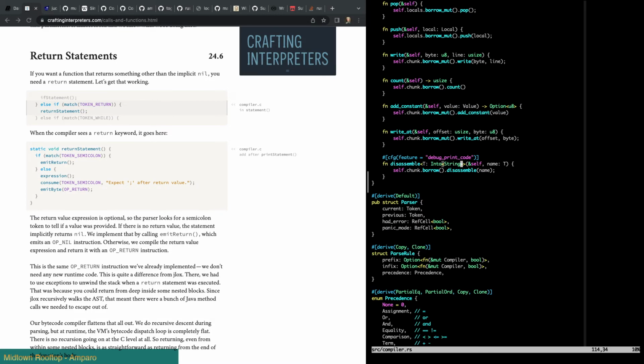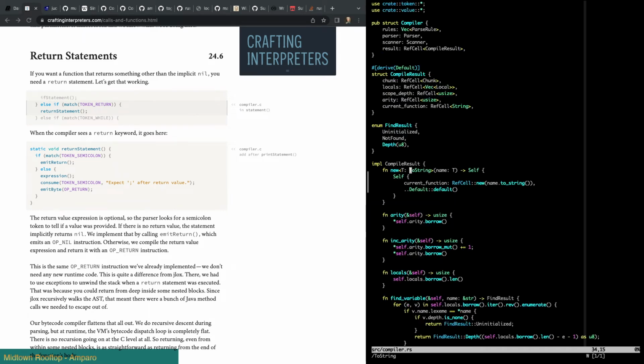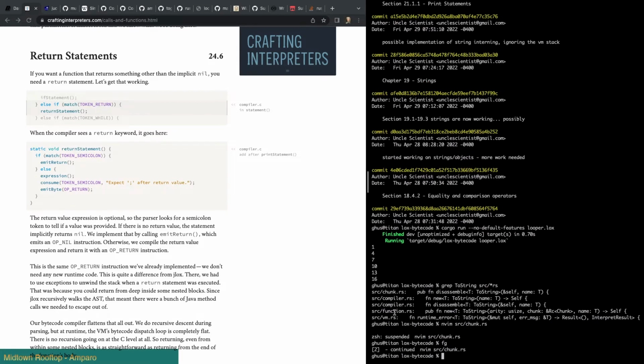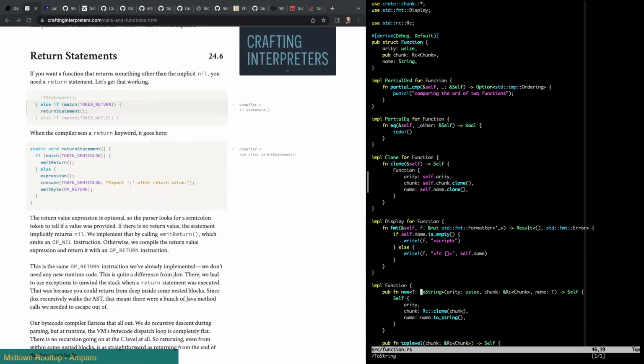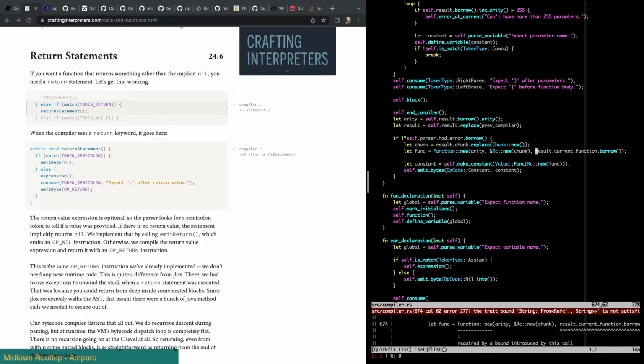Let's go into the compiler. Oh, we already are. And so this should be into string. This becomes into. Yep. And then function, and VM is the last one. Into string. Into. So maybe I wonder if this can just go away. It will automatically into.